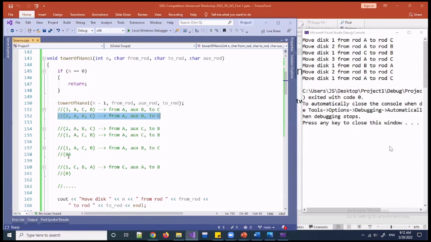Call the functions, come up. Okay, so when it comes in, n is not equal to 0 yet, right? Because we pass in 2. So when it comes in, it is 2, A, B, C, where from is A, auxiliary is actually the C, and to is the B. Not n yet